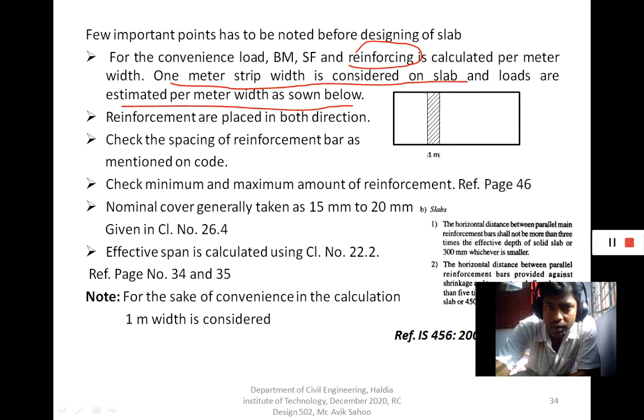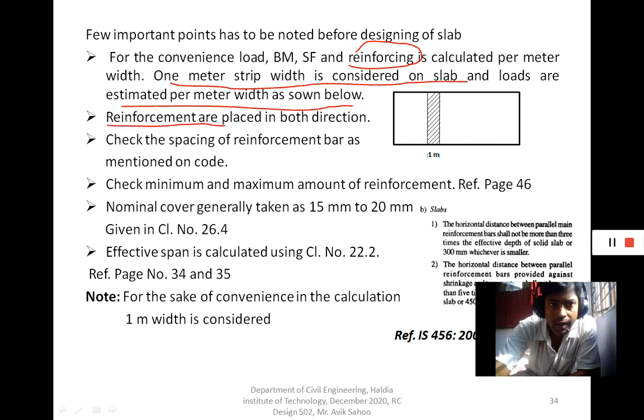This is a 1 meter strip we have considered, the width is 1 meter, and we calculate the reinforcement per meter width, so we can easily get the total reinforcement just by multiplying by the actual width. So here the unit width is considered for convenience. The 1 meter strip width is considered,